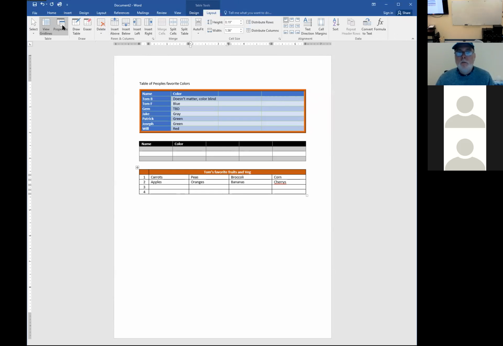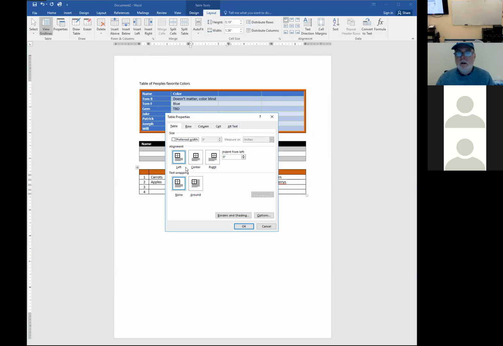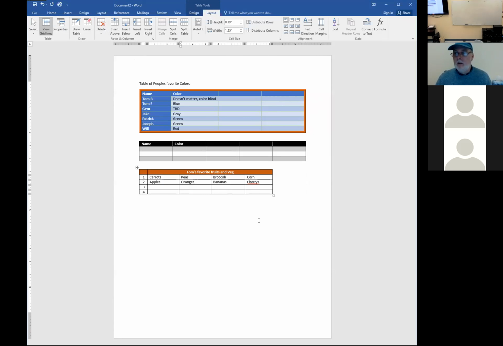We can change the properties of the entire document. Again, what's the preferred width of this? Maybe we want to make it 80% of the width of the paper. See, just shrunk it to 80% of the available width. We can, well, I can view grid lines, but